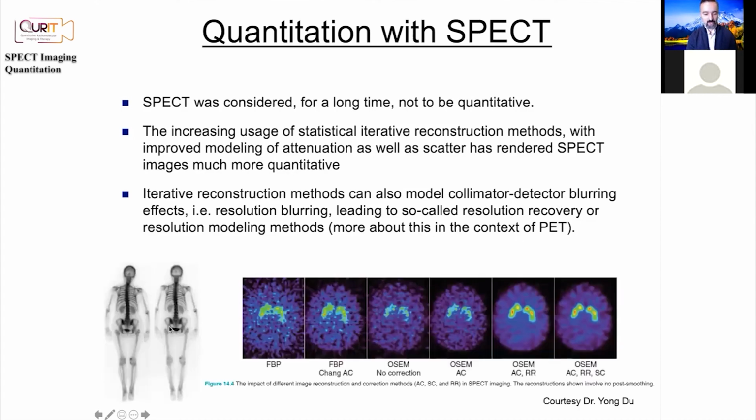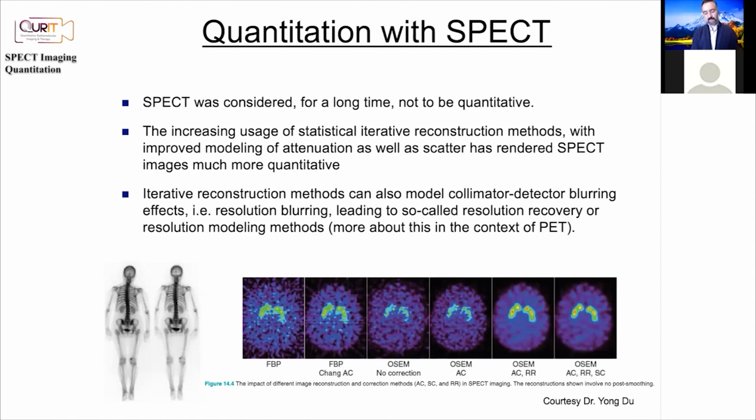Collimator detector blurring compensation, different names for the same thing. And so again, you've moved from filtered back projection type of reconstruction with no correction to images that look quite better. So here's an example where you do filtered back projection, but with Chang attenuation correction. Here you switch to statistical iterative recon with no correction, with attenuation correction, with resolution recovery, and also with scatter correction. And you sort of see the trend. So images have become definitely